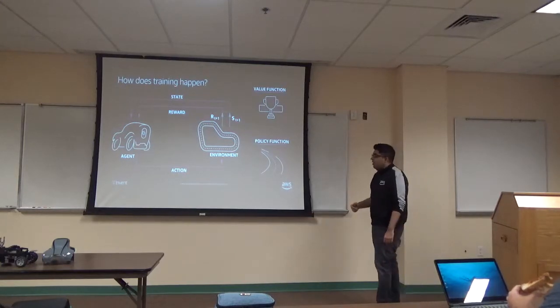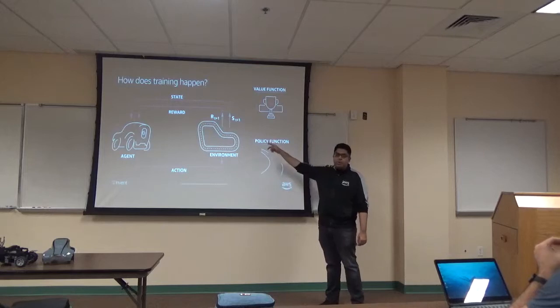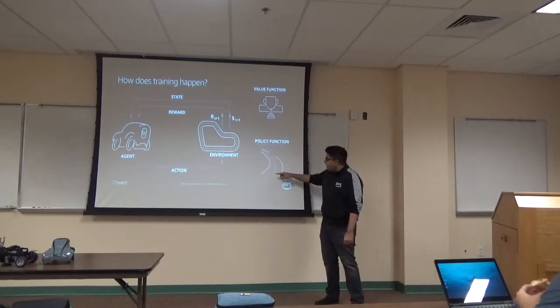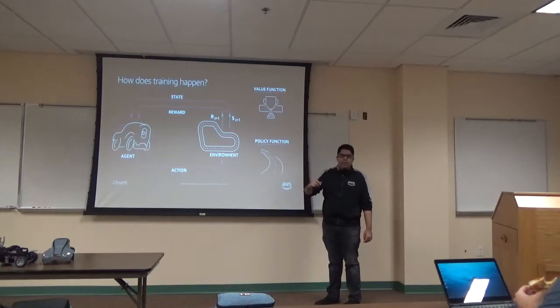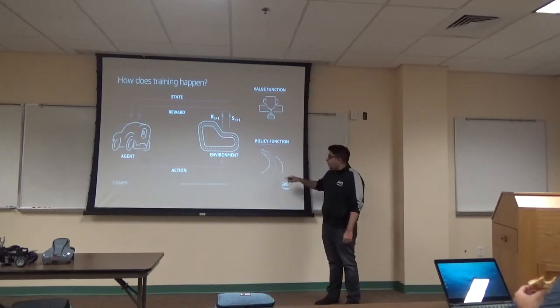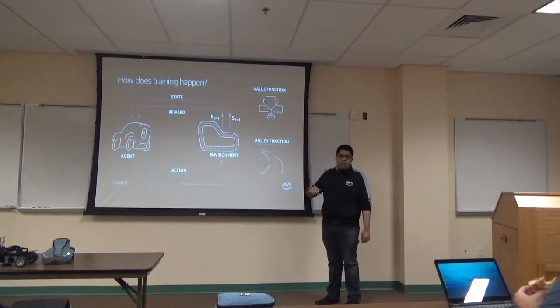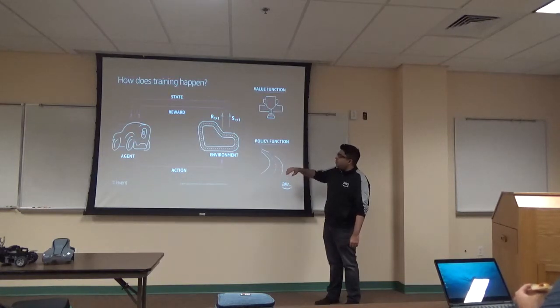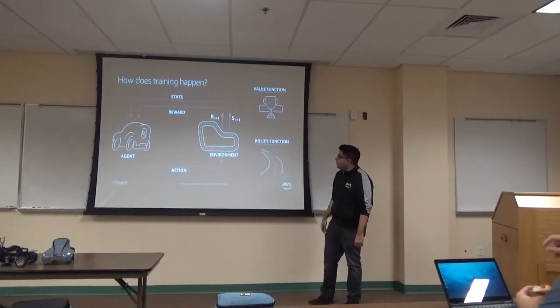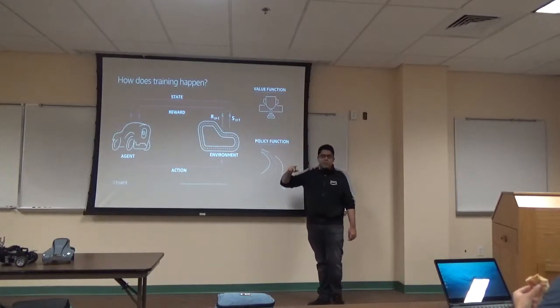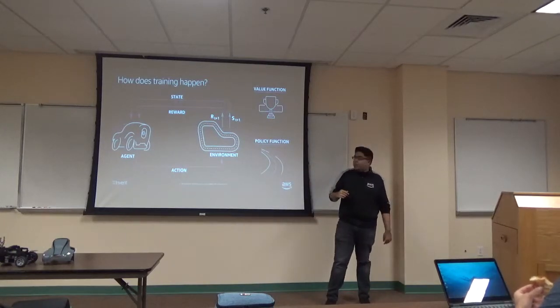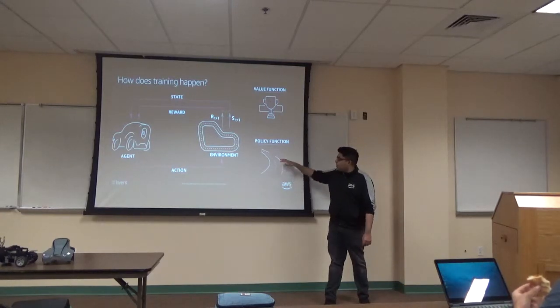And so one of the things we do as developers is create the rewards. We can make a reward saying, if you're in the center of the track, then you have a high reward, and when you check your state, you did awesome, keep doing that. If you go too far away, now you have a very low reward, that's not as good. And so with the AWS DeepRacer, one of the main things we do is create that reward function. I'll walk you guys through that afterwards. And we keep doing this cycle, and we can choose how many times we do the cycle, and then we learn from it. We learn how we're doing, and from there we can improve our performance on the track.